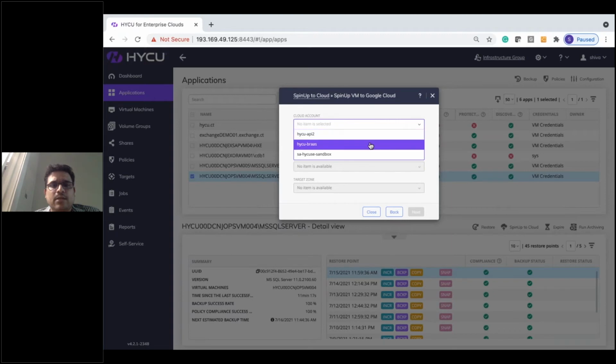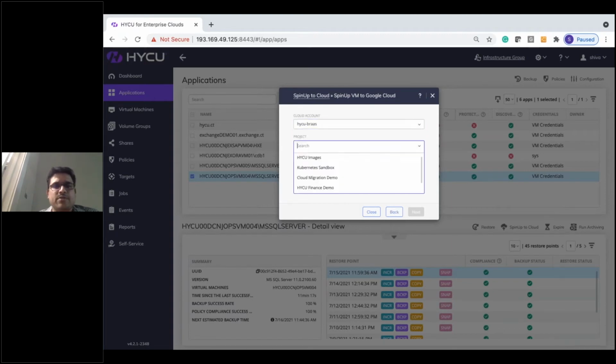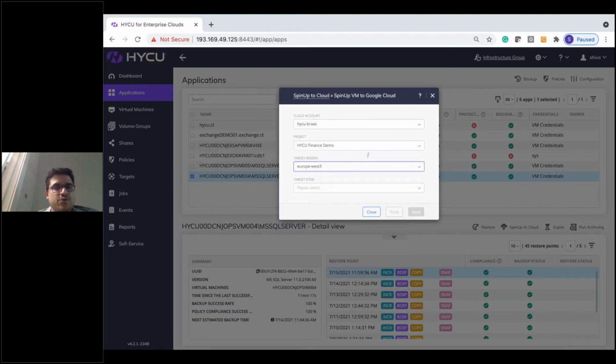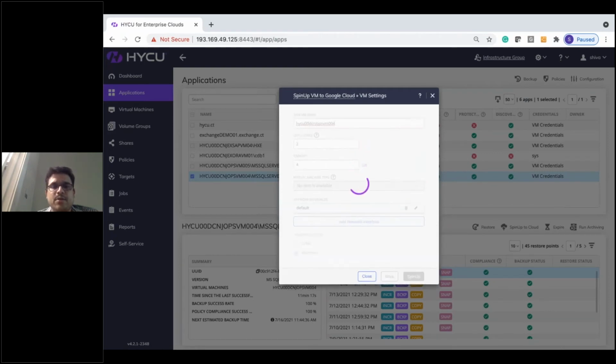Now, when I choose Google Cloud, I can choose the appropriate service account. And from here, I choose the underlying project underneath my Google service account. And from here, I will be provided an option to choose the appropriate target region. And I'm just going to choose the Europe West, because that is where our data center is based out of. And when I choose these specific regions and target zones, here's the best part. You not only have the ability to seamlessly migrate your applications to your preferred cloud vendor,